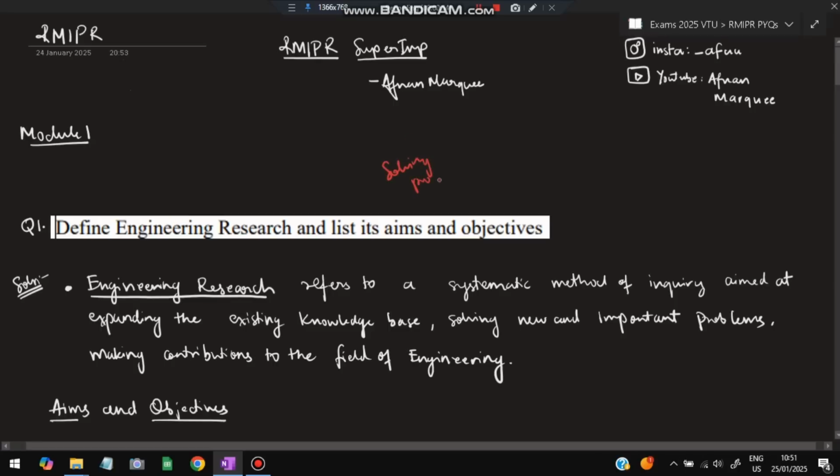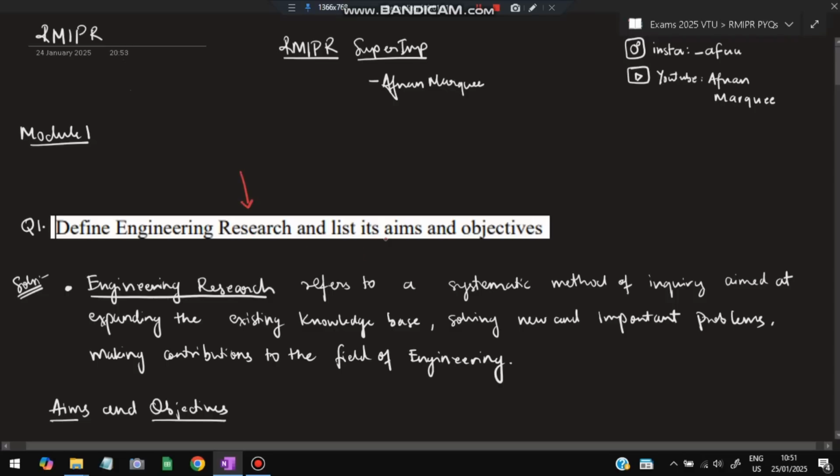Engineering means solving problem, and when we solve a problem, what will happen? There will be a solution for it and some value will get added in the society. Some value will get added, so people will become more happy, okay. We are solving the problems. Now we are researching how can we solve the problems more efficiently. I'll repeat. In engineering research, what we do, we are trying to find out more new techniques and ways in which we can solve the problems in a more efficient manner, okay. That is what is called engineering research.